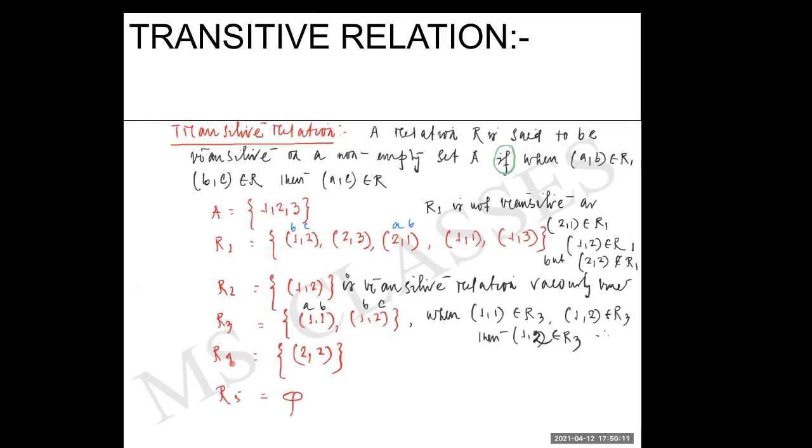R4. Now in R4, what do you have? Is it transitive? A equal to B equal to C equal to 2. So you have here (2, 2), (2, 2), and (2, 2). So it is transitive. Now R5, is it transitive? It is true, it is transitive. Why? Because, as I told you, children, if you have (A, B) and (B, C), then only the choosing of this one comes. Here you don't have the chance. Okay, children, so this is the concept of transitivity. Then let us move on to the next one.